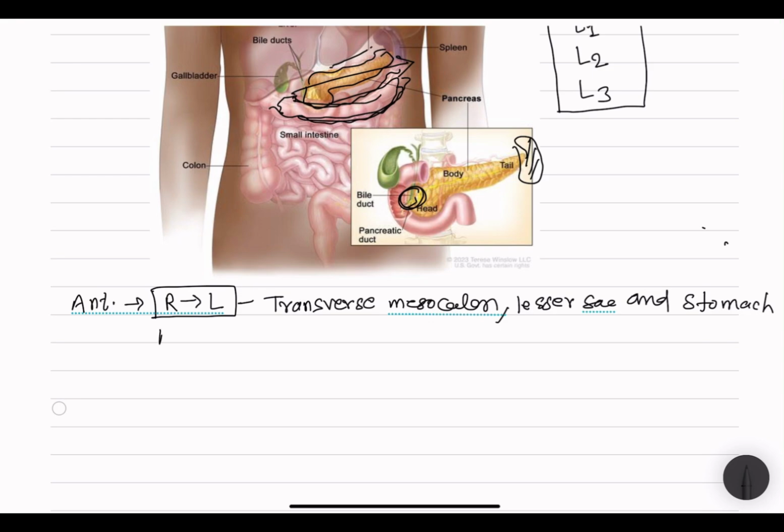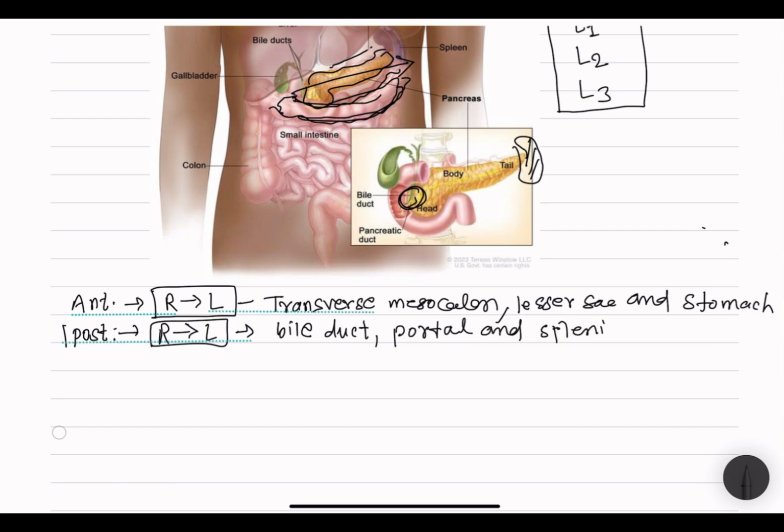And posteriorly, from right to left, we can see there will be the bile duct. Posterior to the pancreas, we can see there will be the bile duct, portal and splenic vein, inferior vena cava,